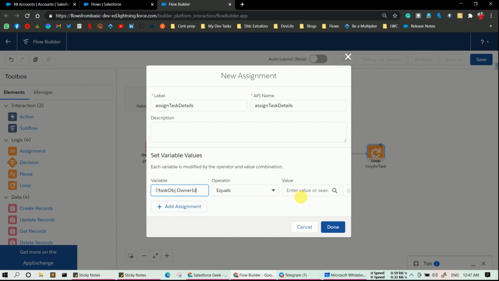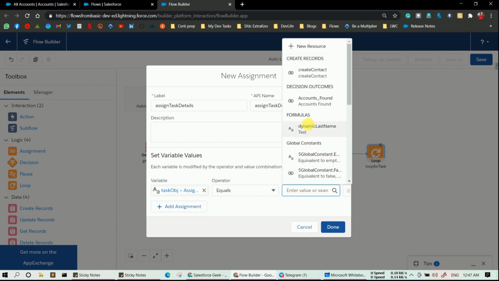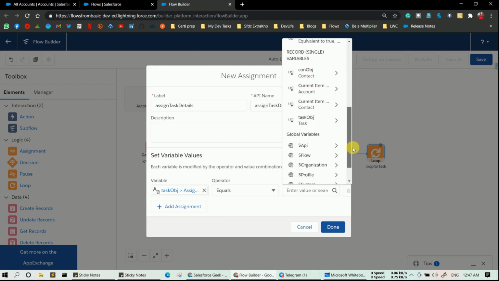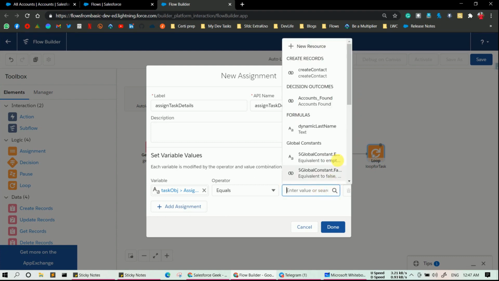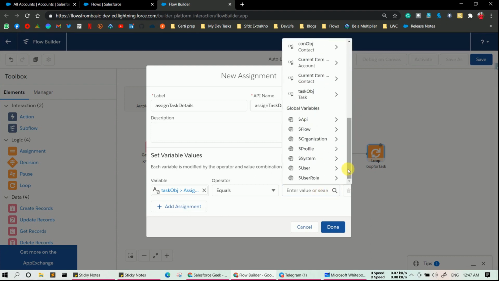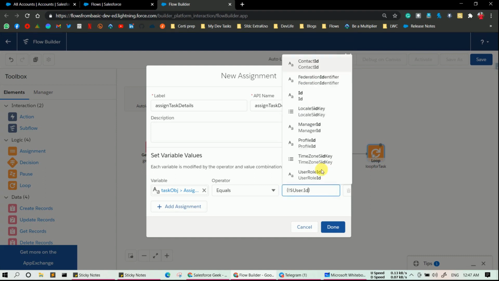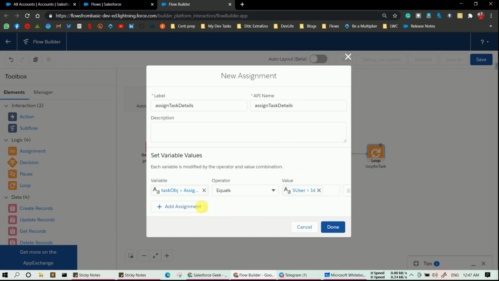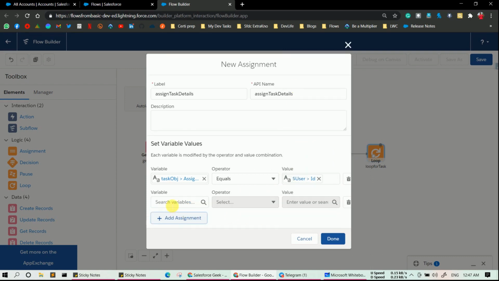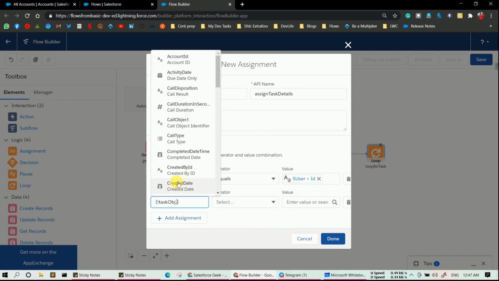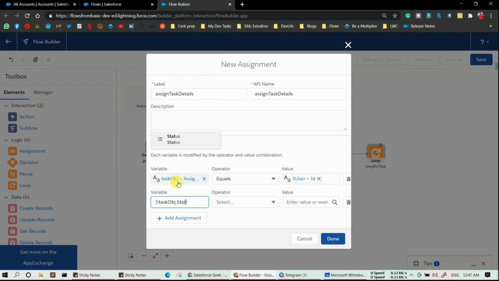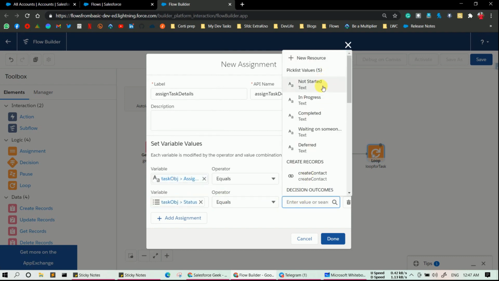You can simply provide it with the help of a global variable, which is user, and user dot ID. So it will take the current user who is working on the flow. Now add another fields which are required. Let's say we have task obj dot status equals, let's say, not started.